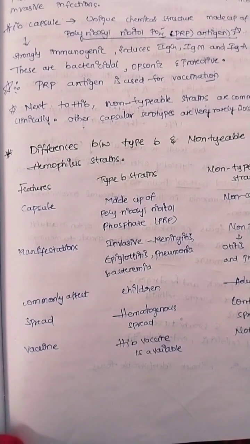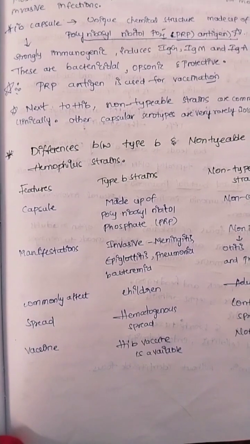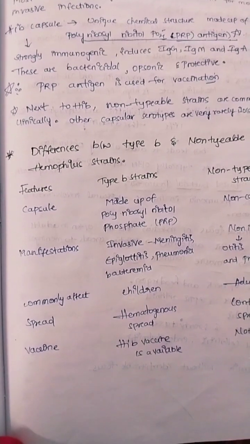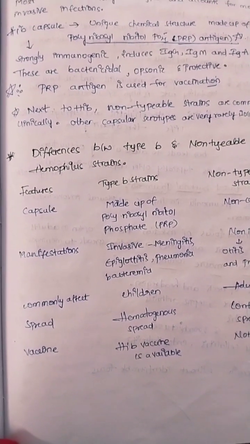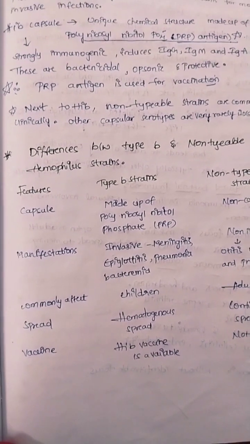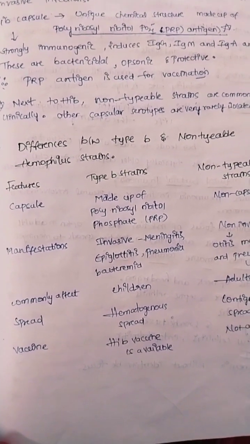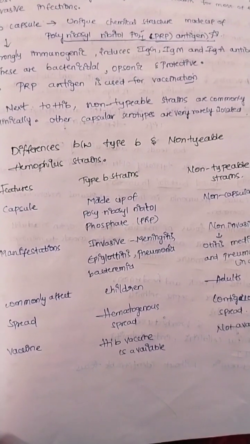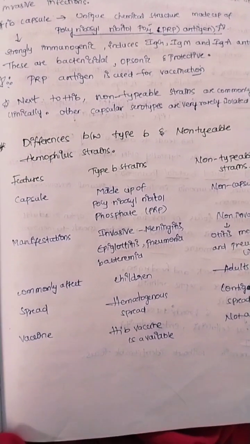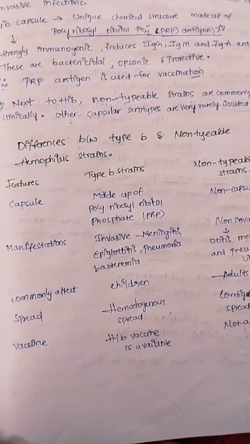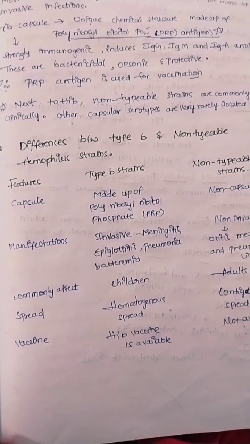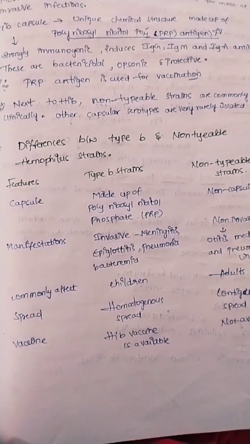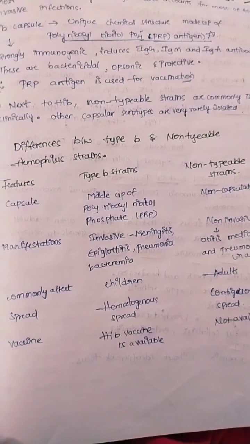Okay, and this polyribosyl ribitol phosphate can be used in the preparation of vaccines, so that we can prevent Hemophilus influenzae B. Now there are decreased cases of Hemophilus influenzae B. Next to type B, non-typable strains are most commonly isolated clinically. Other capsular serotypes are very rarely isolated. Okay. So we must understand the differences between type B and non-typable Hemophilus strains. The capsule in type B strains is made up of polyribosyl ribitol phosphate, and